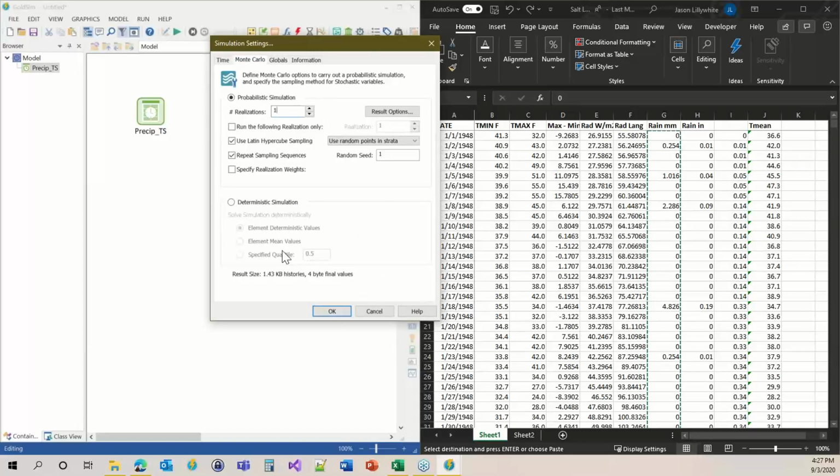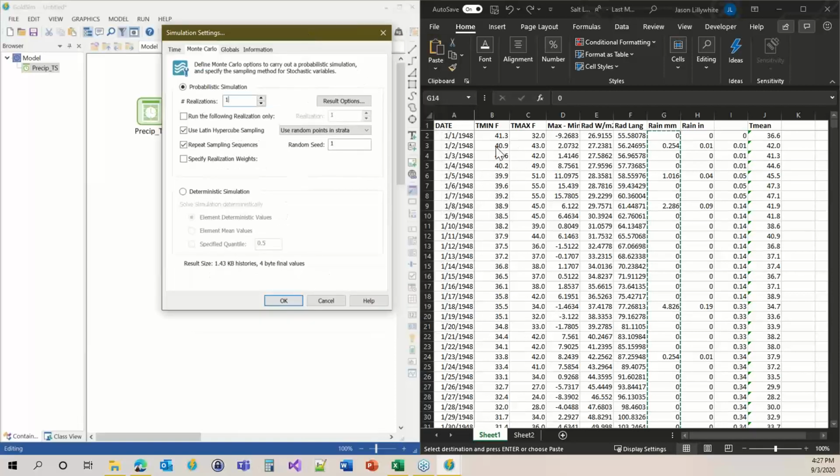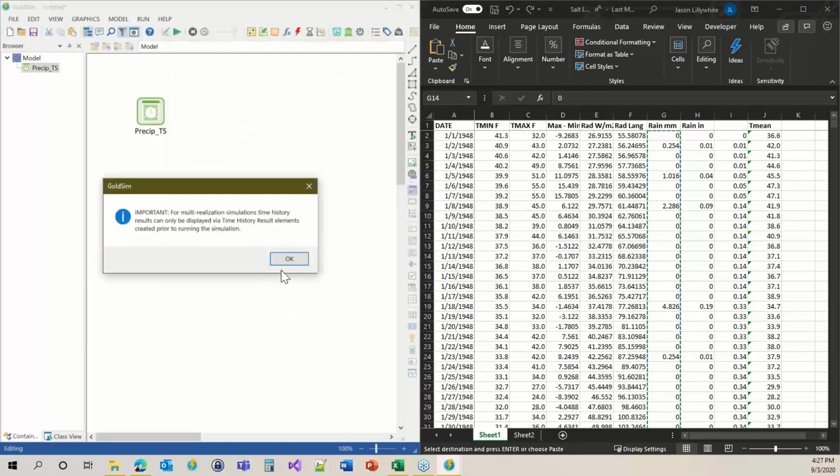Now we could just say 100 realizations, but what GoldSim's doing is it's sampling what we have. We have about 70 years on record here. So if we go over 70 realizations, then it's just going to start repeating years that it's already picked. So it's fine if you want to do it that way. I don't see a problem with it, but maybe you don't want that. Maybe you want it to only sample just the years that you have, and so you would put that number in. I don't know if I've got the right number, but anyway, so you put that in,